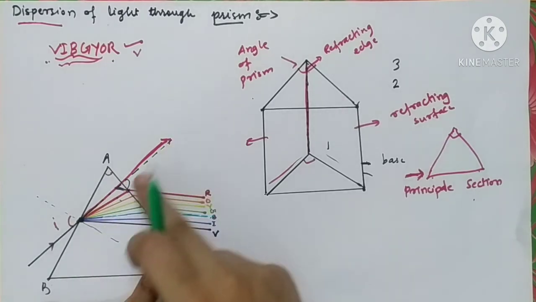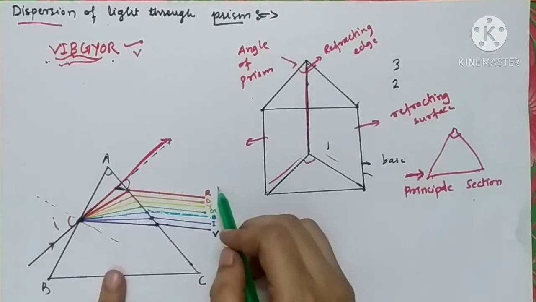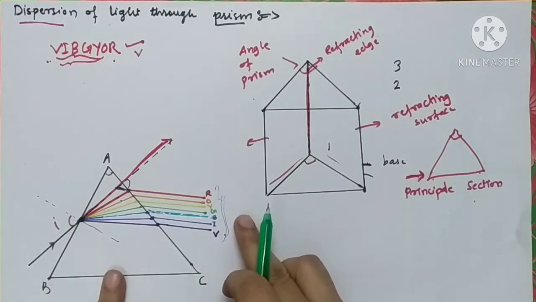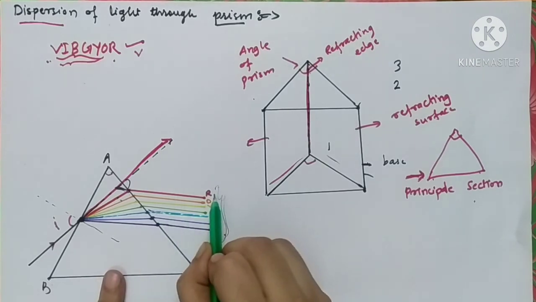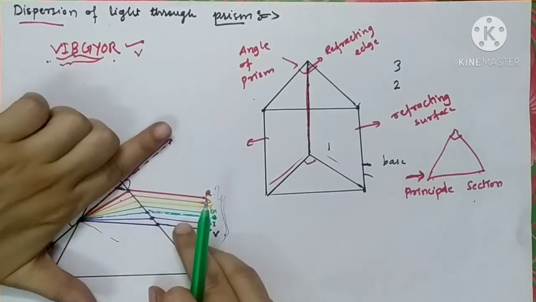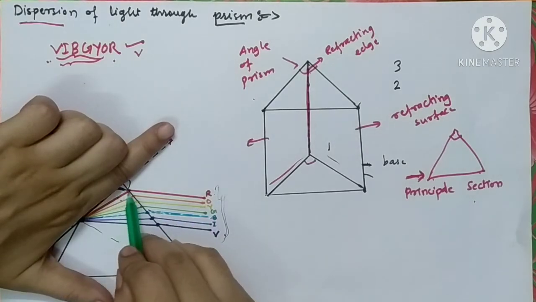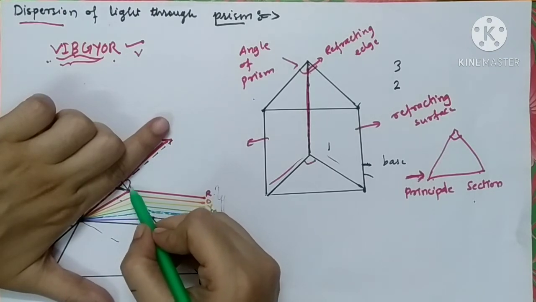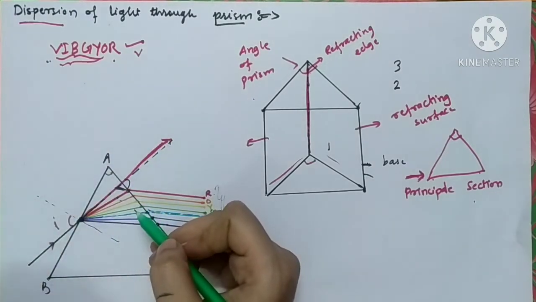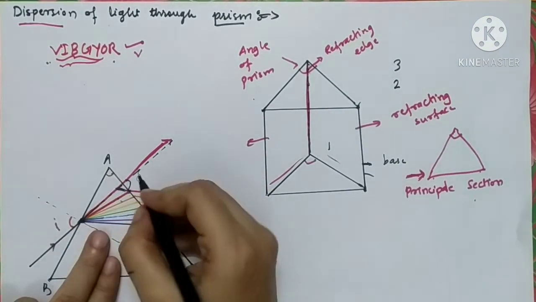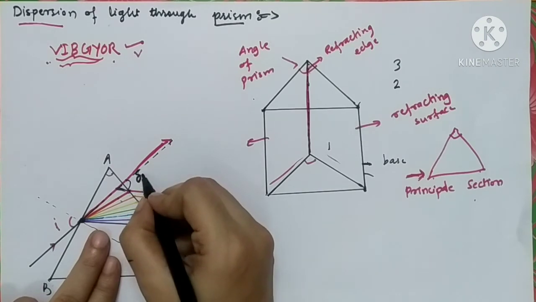This was the original path, but the rays that emerge are called emergent rays, because they are emerging out of the prism. So here we have taken one emergent red color ray, and this red color ray is making this much angle with the original direction. It shows that the original path was like this, while the emerged part of it is like this. So by this much angle, the red color has been deviated from its path. This angle is called the angle of deviation of red color. So it will be denoted as delta R.